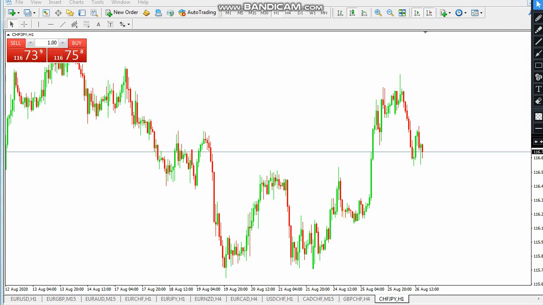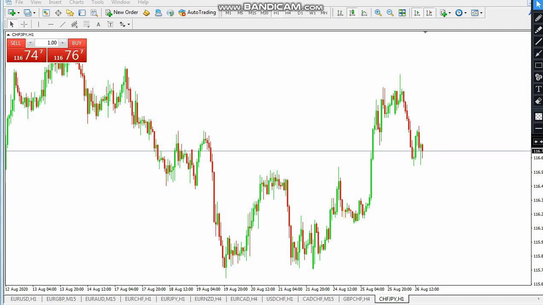Remember that whenever you are looking at the market, always have in mind that you don't need to go on multiple time frames to have an idea of what exactly the market is doing or how to approach it. Because if you are not experienced enough, the more time frames you get involved in, the more you're going to get confused about what to do or what exactly is happening in the market.